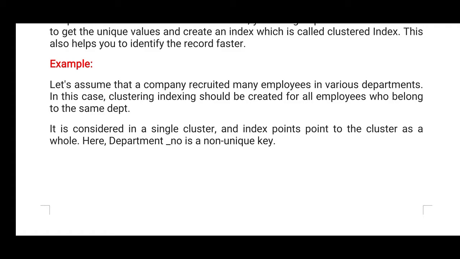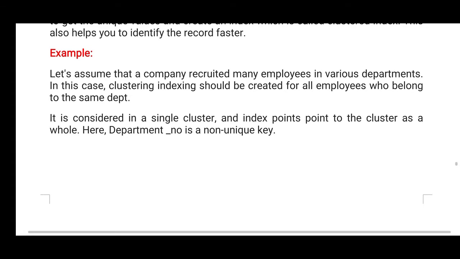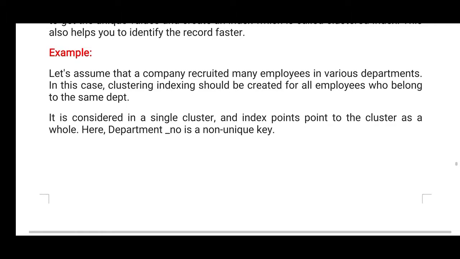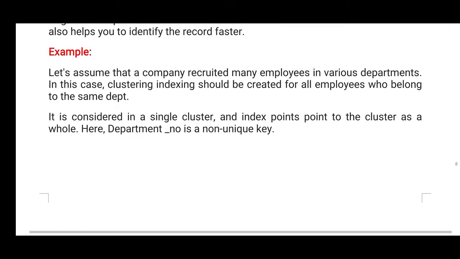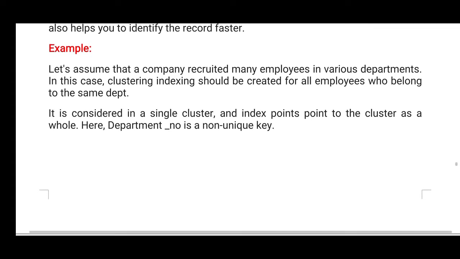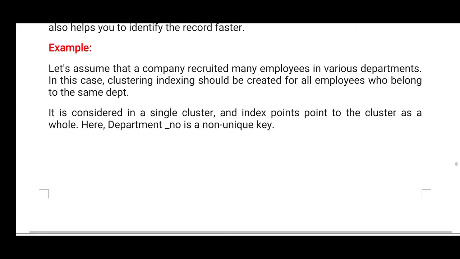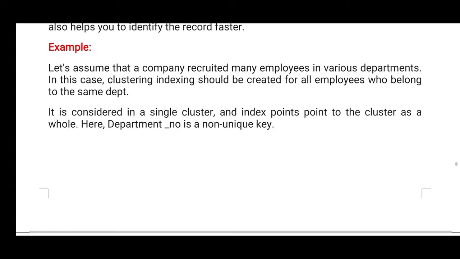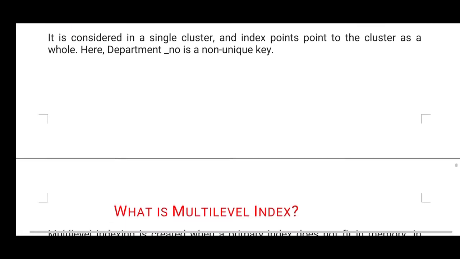They are considered a single cluster, and the index pointers point to the cluster as a whole. Here the department number is a non-unique key.